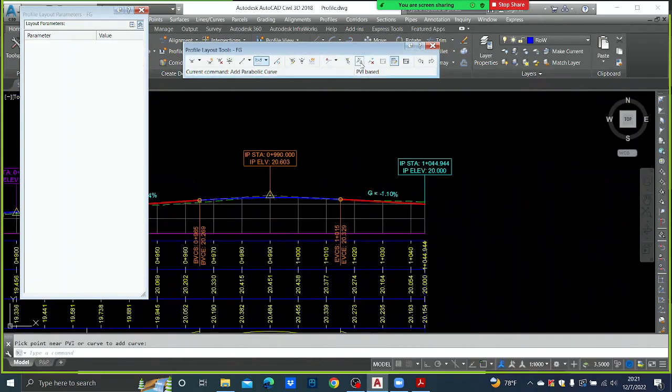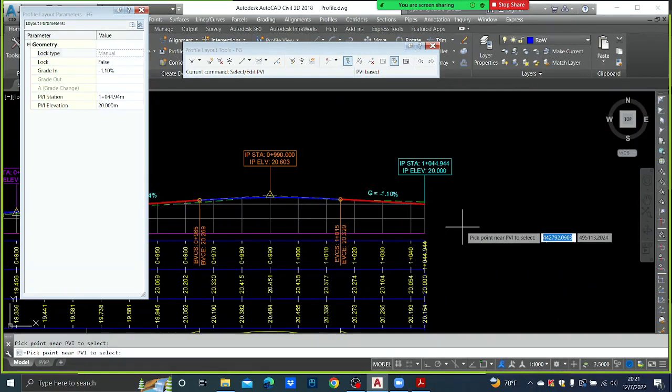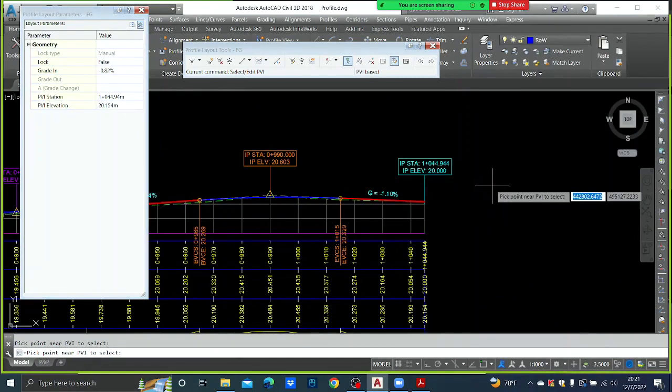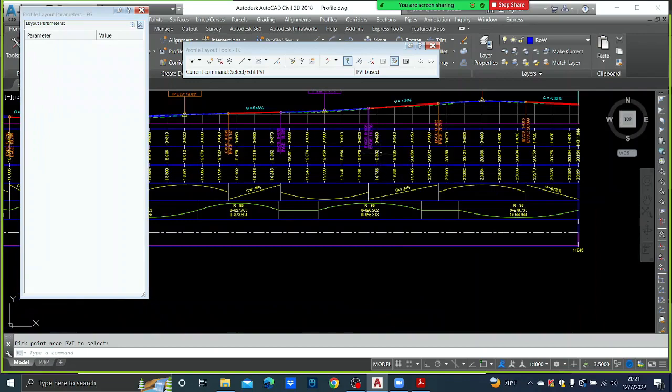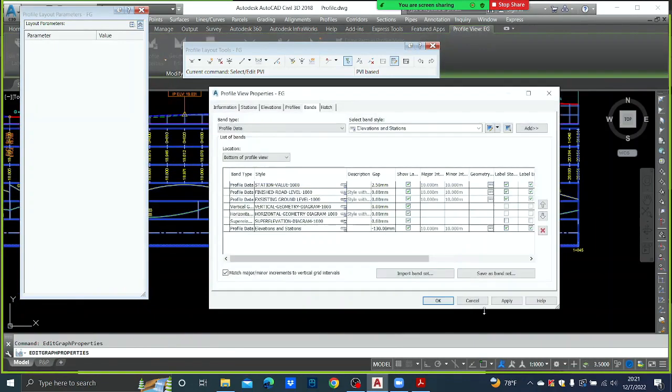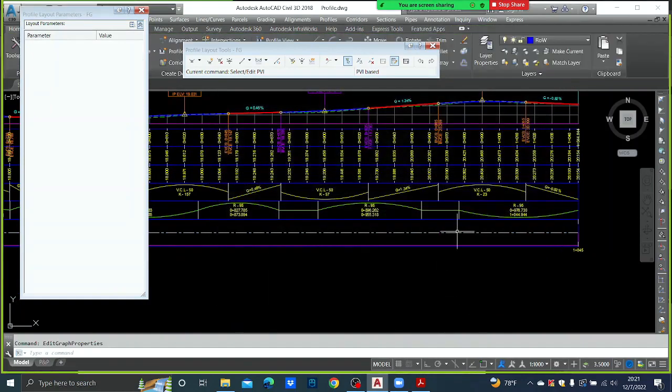So I have to take this into the existing ground to 20.154, right? Then if you want to check your K values, you go to profile view properties, apply, and then